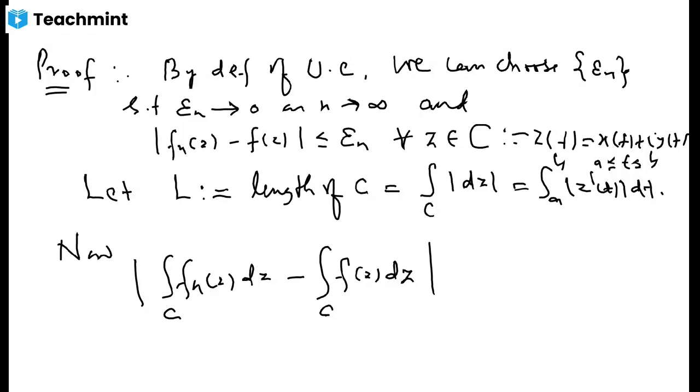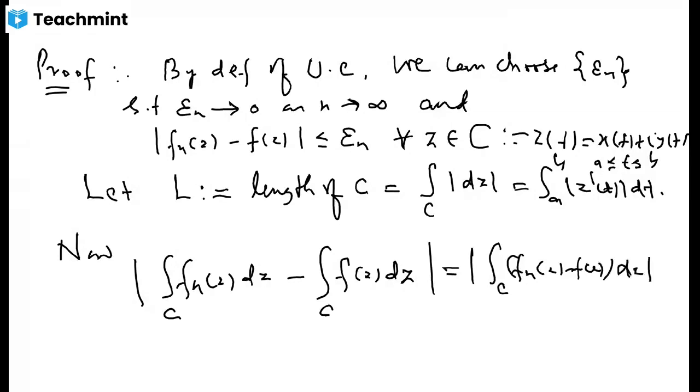In the definition where I defined the line integral to you, we didn't even take a continuous function, we just took a piecewise continuous function. So continuity is stronger than piecewise continuity. So let us calculate this estimate, because for convergence we need this estimate to go to 0 as n goes to infinity, and that will establish the convergence of this sequence of integrals. Since the integral is a linear thing, I can write it separately as the integral over C of f_n(z) minus f(z)